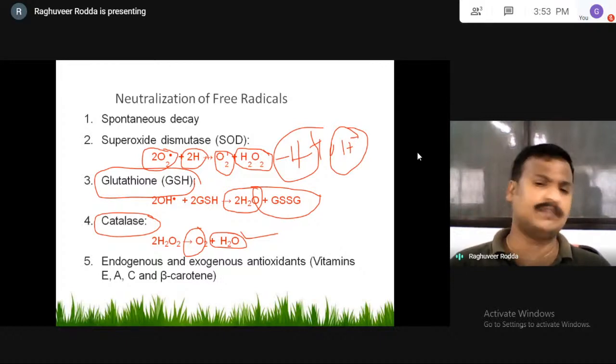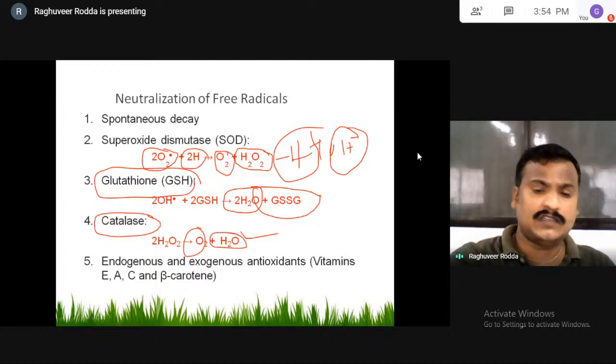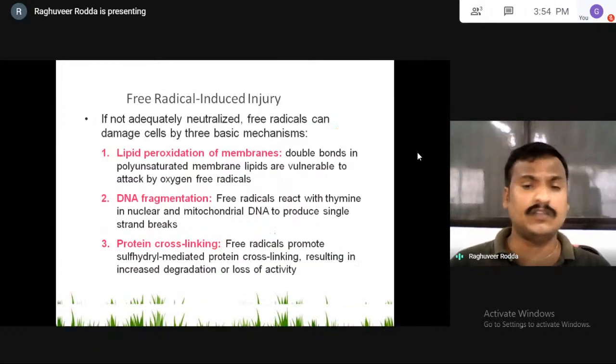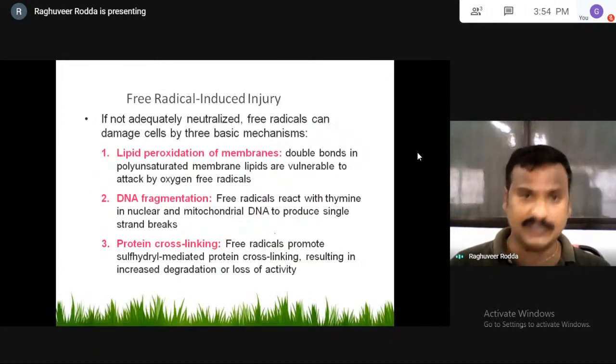All these substances are helpful to neutralize all the free radicals which are going to cause damage to the membrane of the mitochondria, the plasma membrane, the membranes of the endoplasmic reticulum and ribosomes, and nuclear membranes and everything. So the antioxidants are very important, as they are going to reduce the injurious condition.